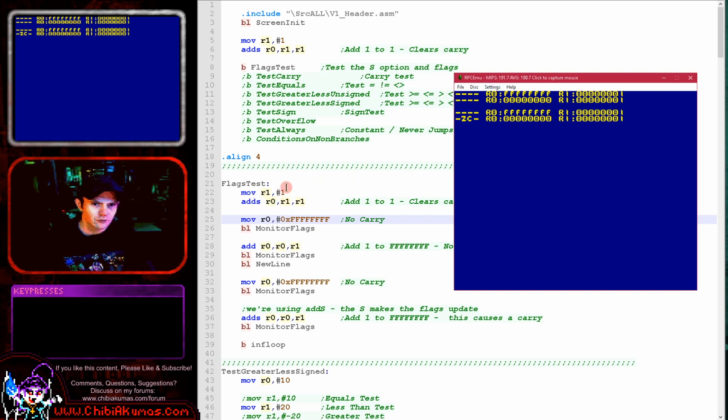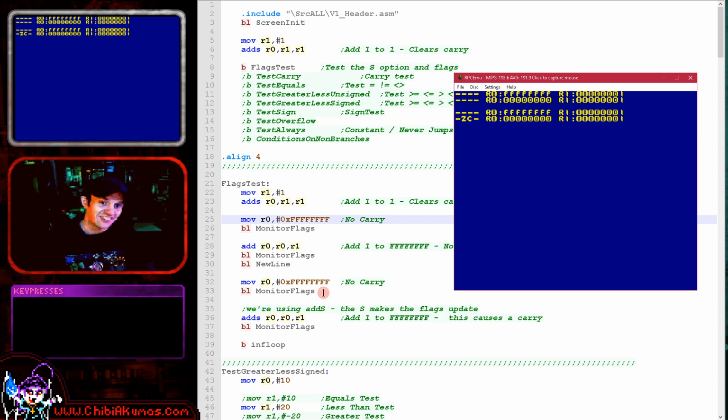Now we never actually saw this on screen, but of course this will not cause any kind of carry, and it's a non-zero value, so it's effectively cleared out all these flags here. And then we've loaded our true test value here into R0, and then what we've done is we have added 1 to it. We've done that just here. Now if we add 1 to a value that's filling all of the bits here, that's going to overflow the register, and that would cause a carry normally. Now in the case here though, we didn't set the S here, so even though the register is now 0 and a carry should have occurred, the processor flags haven't changed to reflect that